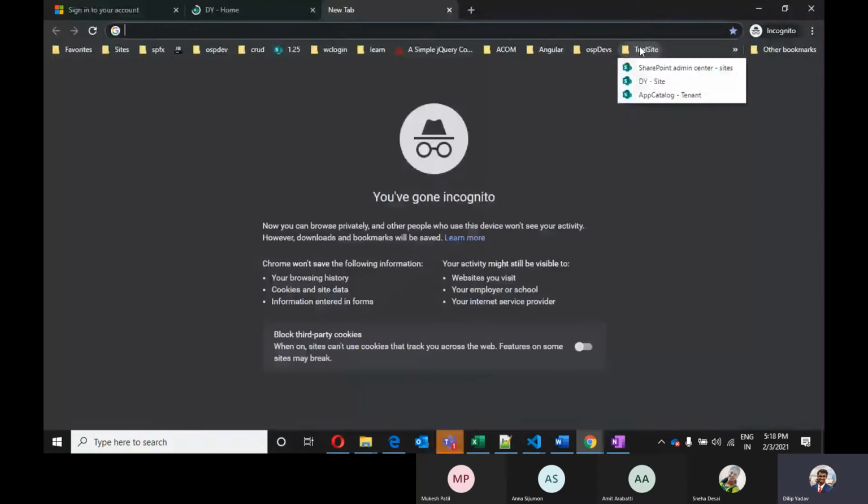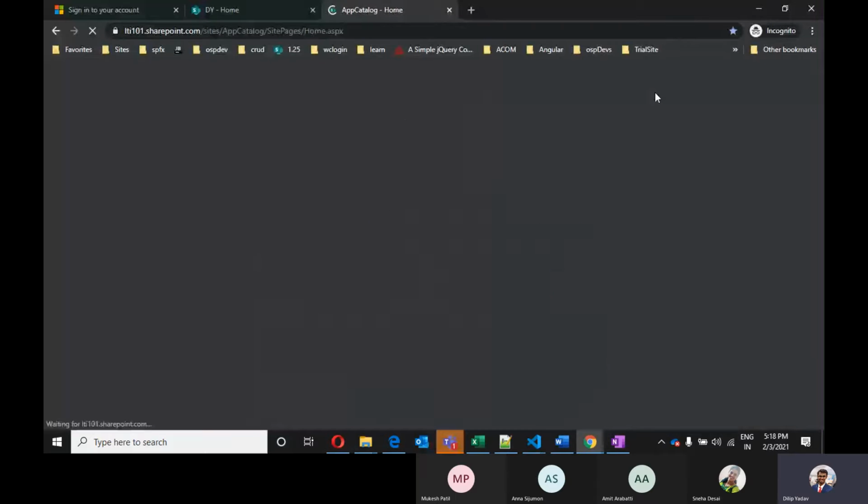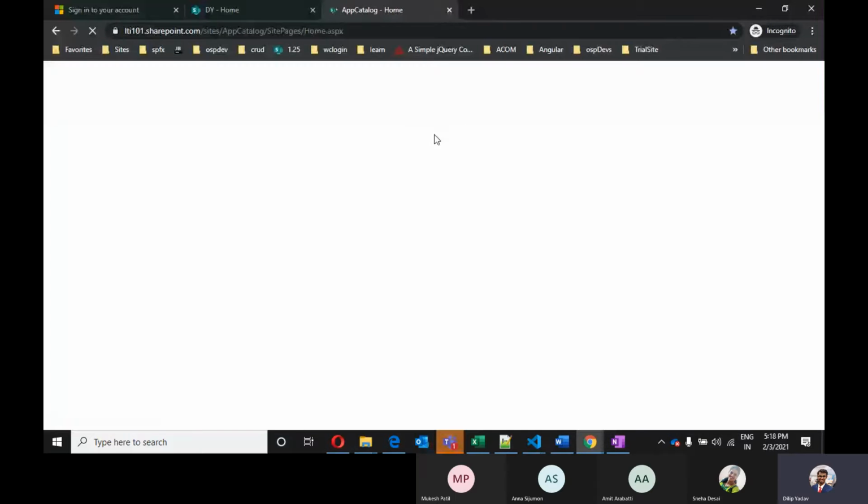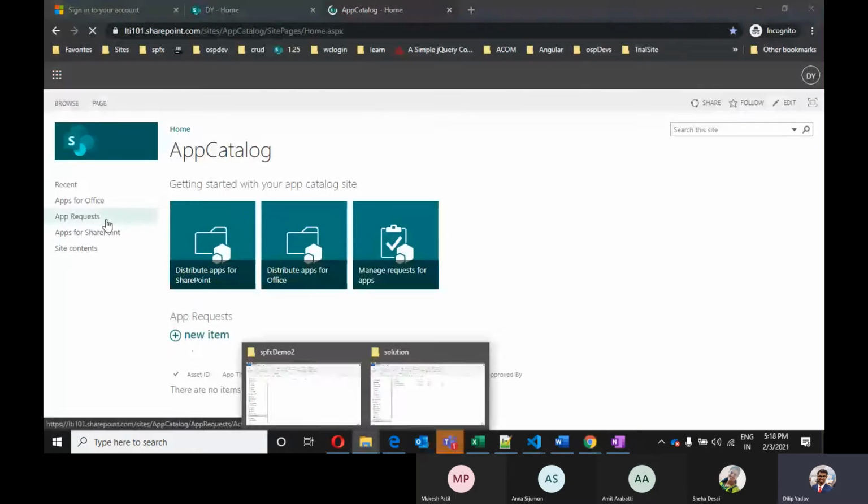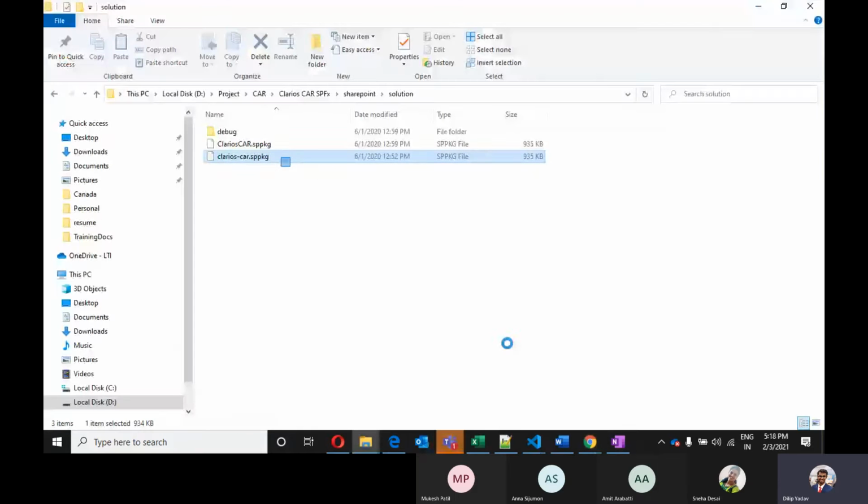So for now, let's refer to the tenant level app catalog. Once we have created our package file, we simply upload our package file to the tenant level app catalog.